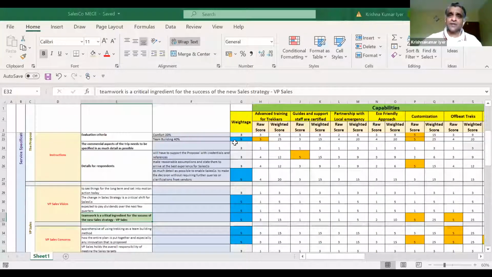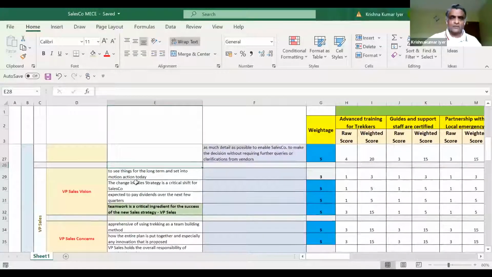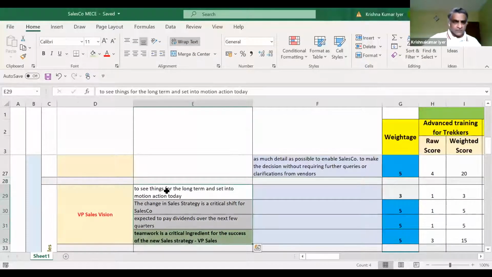So the idea here is to group the issues, as you have listed them down, into groups like this. I'll just increase the zoom so that you can get a sense of what I'm talking about. For example, if you look at these issues, from cells E29 to E32, you will notice each one of these issues comes from the RFP, right?